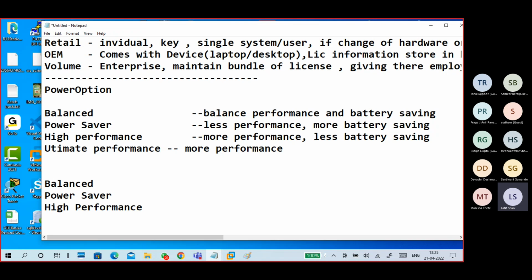So here it is, you can see Balanced: 10 minutes screen off, 30 minutes sleep.